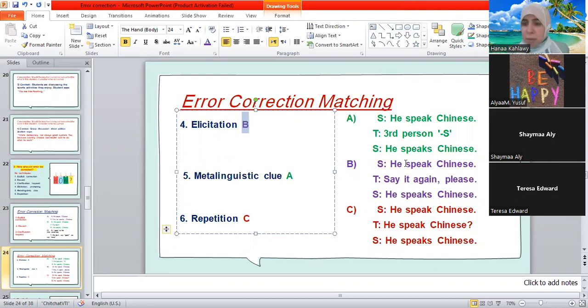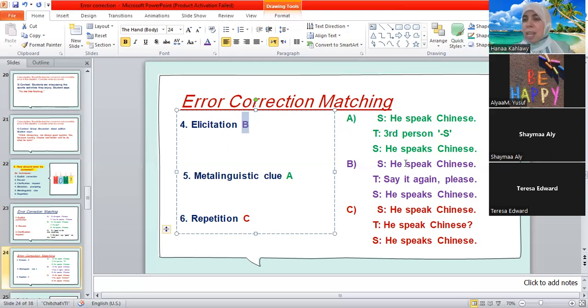I can also say it in a different way. By the way, the student says, he speaks Chinese. The teacher says, he, and stops. I encourage students to complete the sentence in a correct way, and he can realize that we have a mistake after he.